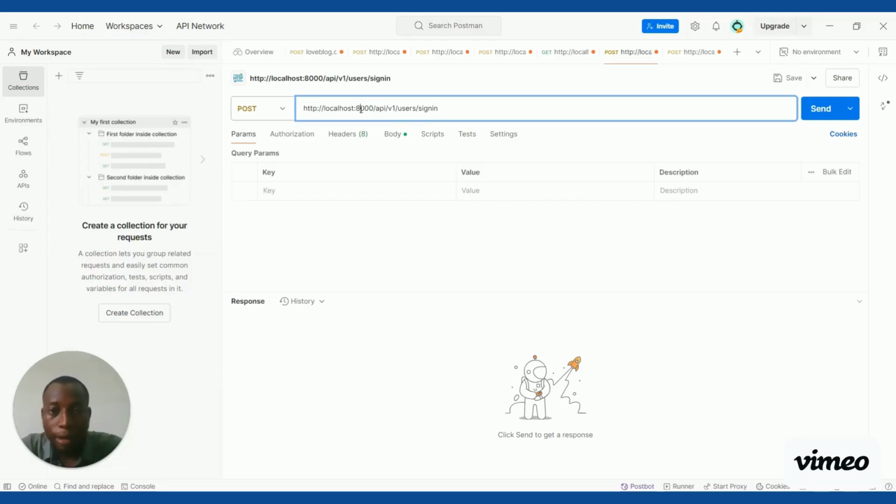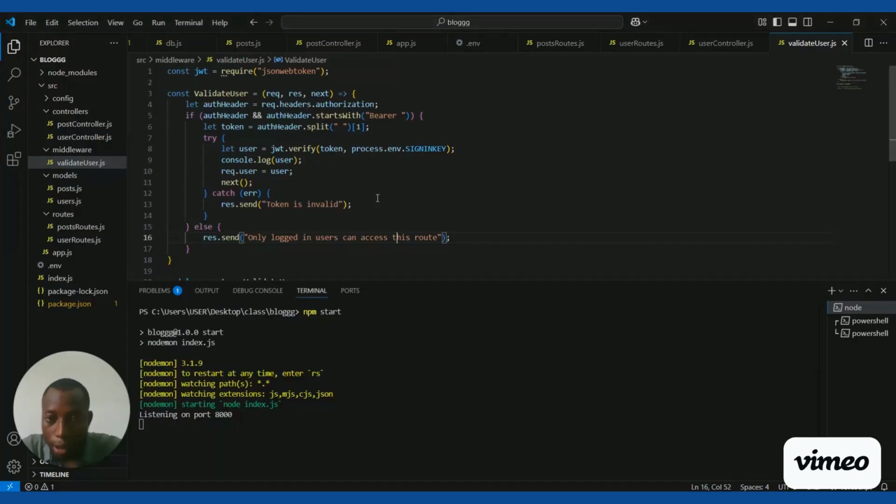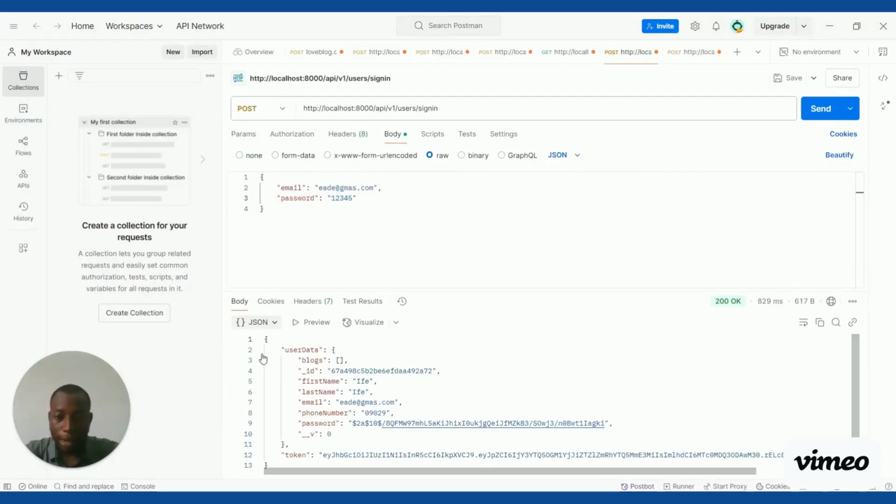I think I'm on port 8000, API v1 users signin. Then body, what am I using to sign in? Okay, so we have this. Is it ready? Port 8000. Is it connected? I'm waiting for it to connect to our database. Yeah, connected to database successfully. So if I want to log in now, if I click on send,